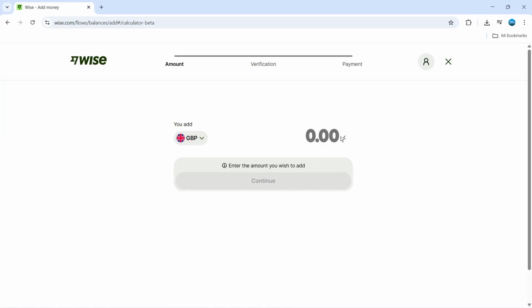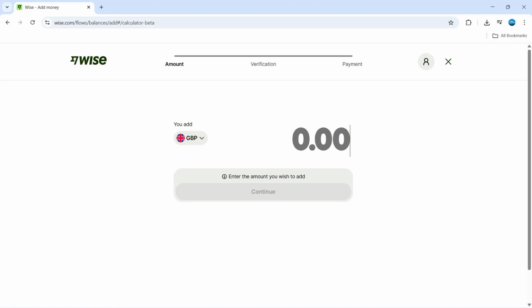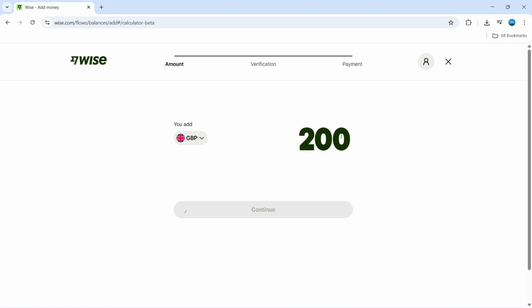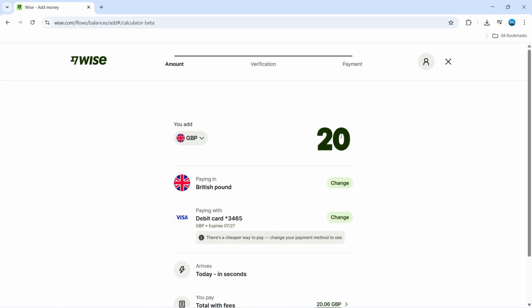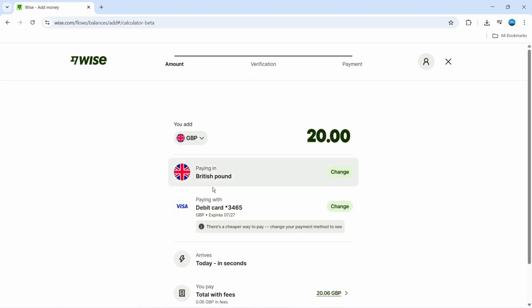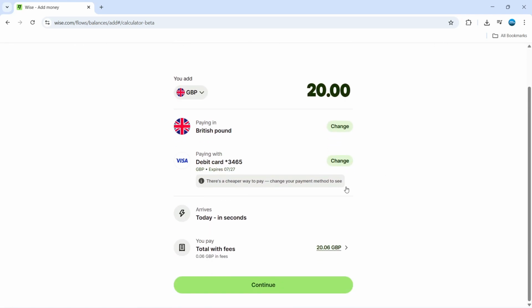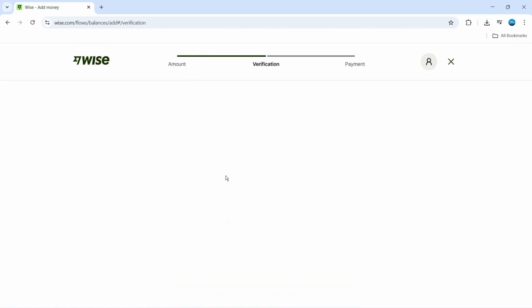And what you then want to do is add the amount that you want to enter. So just click here, add the amount you want to enter, for example, 20 Great British pounds, and then it's going to give you some further information, so what kind of debit card you're going to be paying with, and of course the currency. And if you scroll down, it's going to tell you when that's going to arrive in your account, and also it's going to tell you any fees you've incurred as a result of adding money to your Wise account. Now all you need to do is go ahead and click continue at the bottom if you're